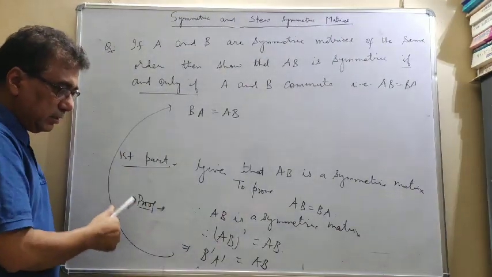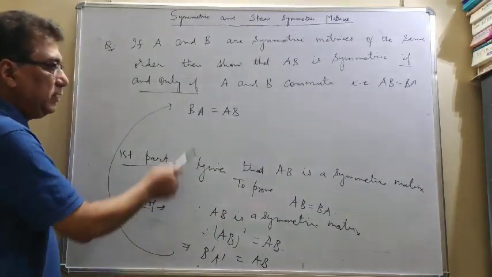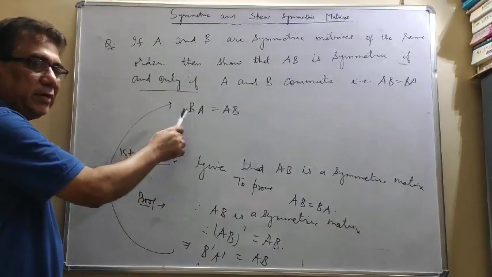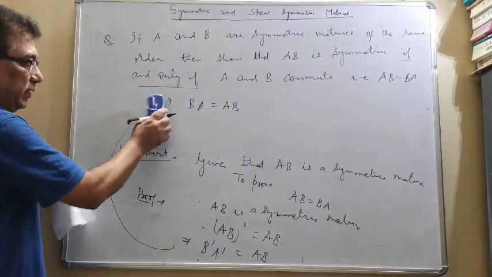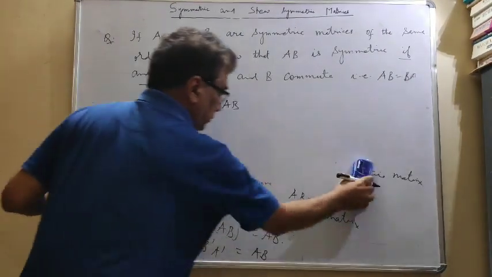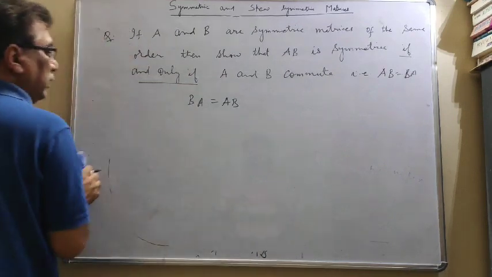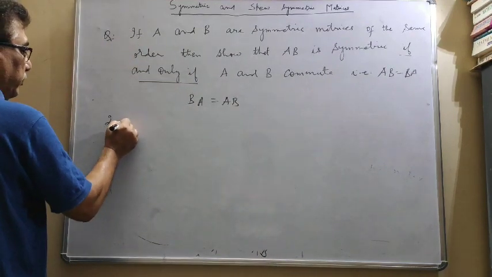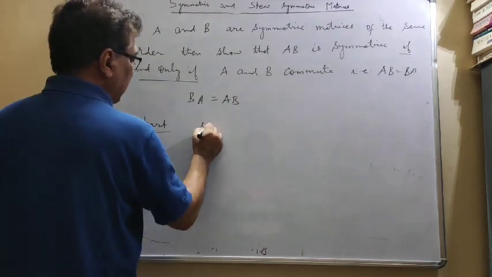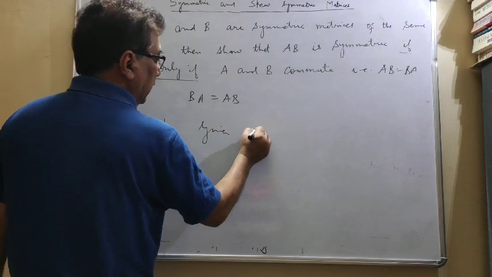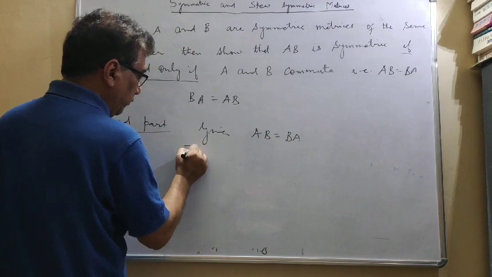So the first part is proved. What was given here, AB is a symmetric matrix, and we have proved that the matrices A and B are commuting, that means AB is equal to BA. Now the second part. In the second part of the proof, given AB is equal to BA, to prove